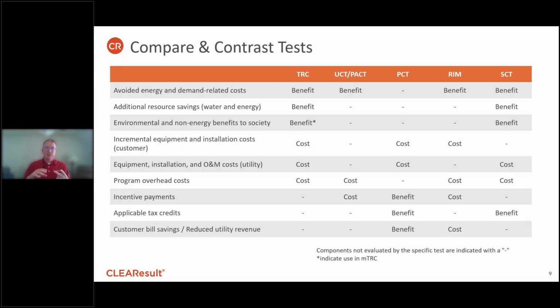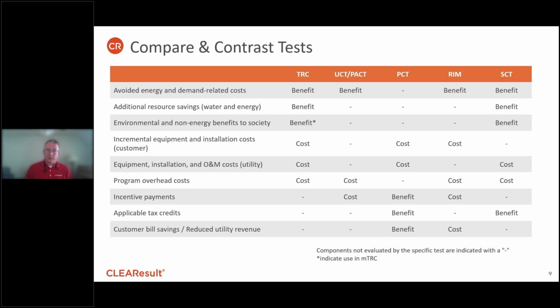There's 6 things here. We're doing the same thing on additional resource savings, which again for this measure, smart thermostats, there are not any water savings. There's not any diesel or propane savings. There's not those sort of additional resource savings. But we are, as the electric utility in that example, if we're claiming all of the savings, we're claiming kWh, kW, and therms, then we'll include